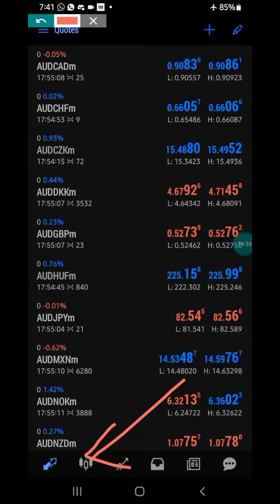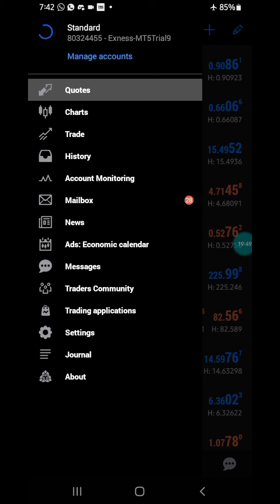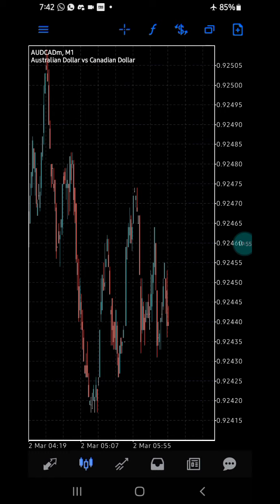This icon is where you have the charts within the market, the part that explains what's happening in the market, what the traders are doing. I can also access this by clicking the top left hand corner and still look at charts below quotes. And when I click on it, it takes me to the chart. And you notice that when the chart got opened,